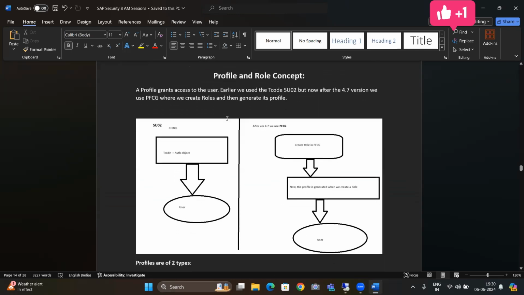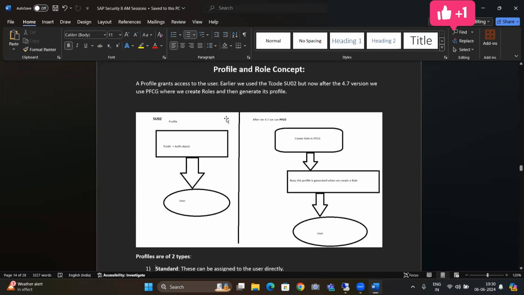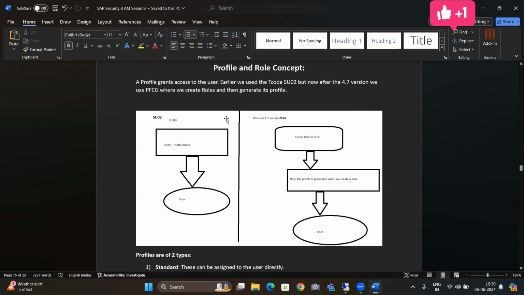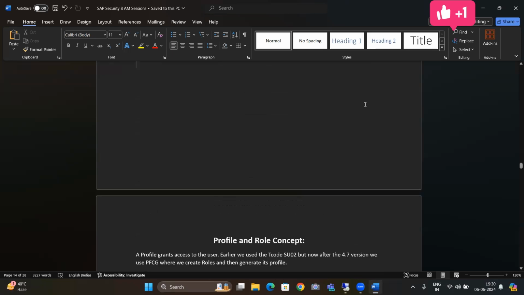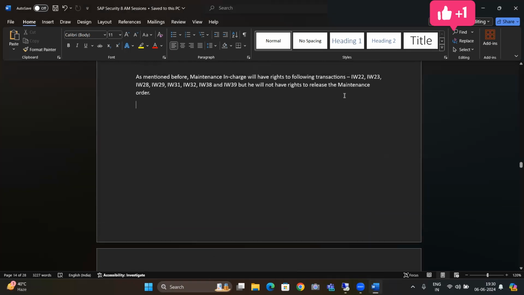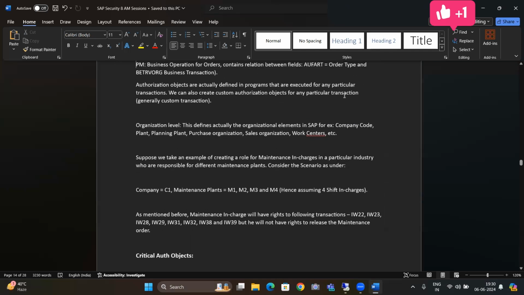After this we will go to the role and profile concept. Do you have any questions till now on authorizing objects? Not right now. Well, there are some critical auth objects that you need to learn. Number one is